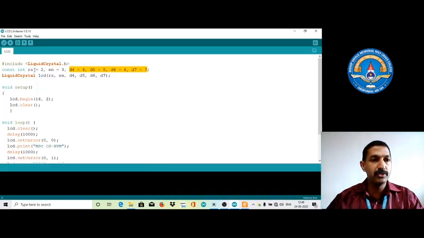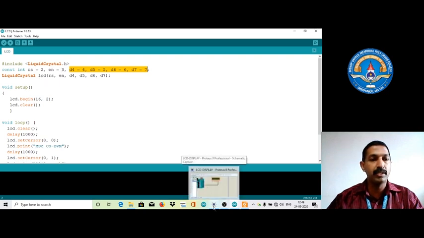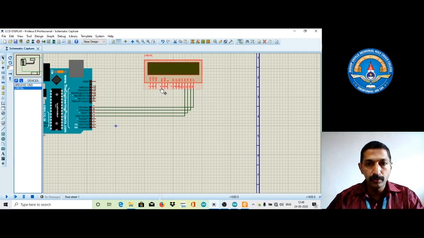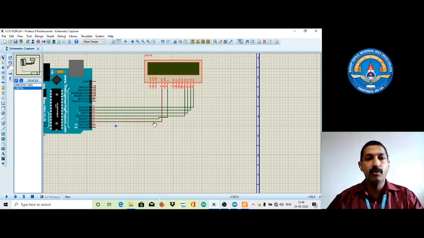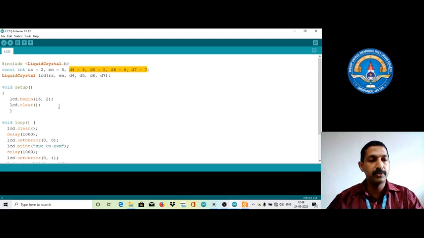Two more pins we need to connect, that is RS is equal to 2 and EN is equal to 3. So we need to connect RS to pin number 2. So where is RS? Here it is, RS. Pin number 2 is to be here. We need to connect it with RS. Okay, it is connected. EN is enable, E to be connected with the E or EN. Next, what we need to do, just go back to our program.